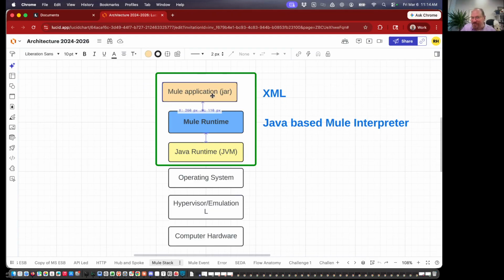The flows are inside your application. So the flows are not there yet, right? Java starts, Mule starts, and then after Mule is starting, it finds your application, and your application XML code, which is going to look like,